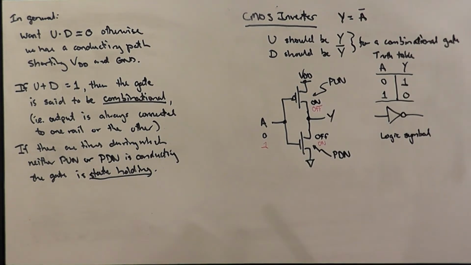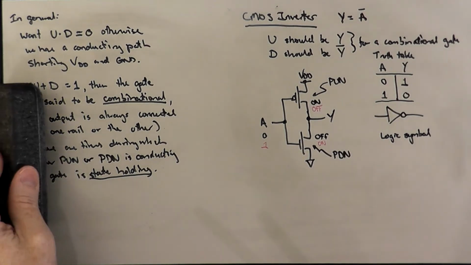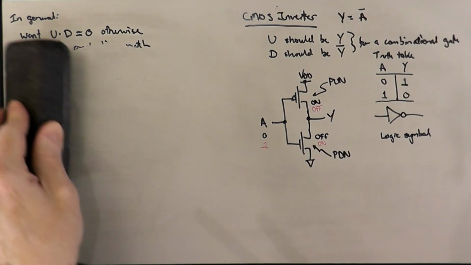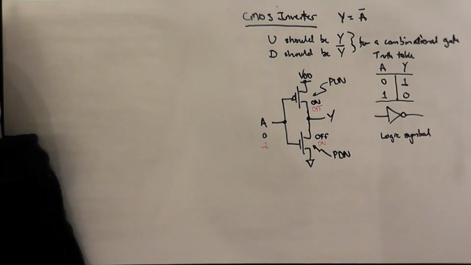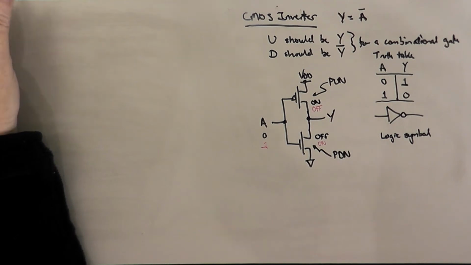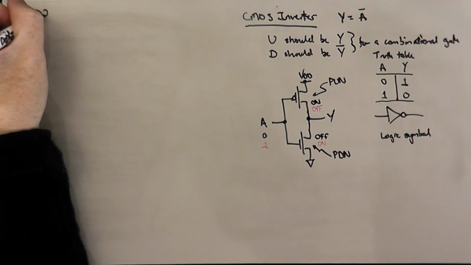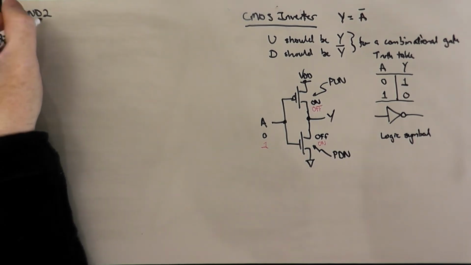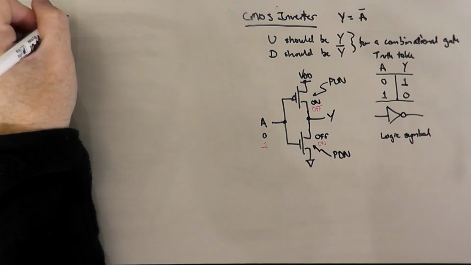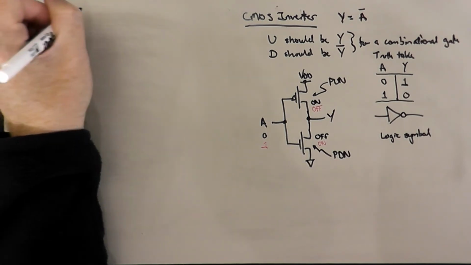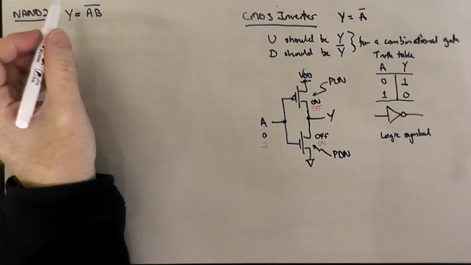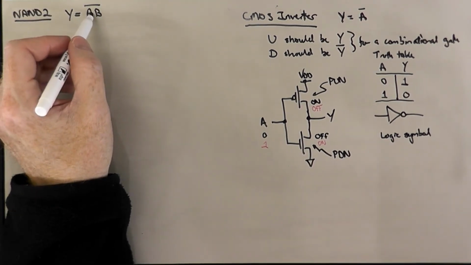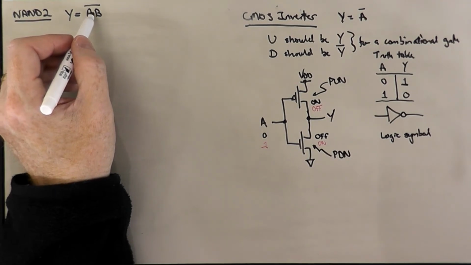All right, so let's talk about maybe a slightly more interesting gate. How about a 2-input NAND gate? So NAND2. In this case, Y would be equal to (AB) bar. So just like in ordinary algebraic equations and Boolean algebraic expressions, we will sometimes drop the